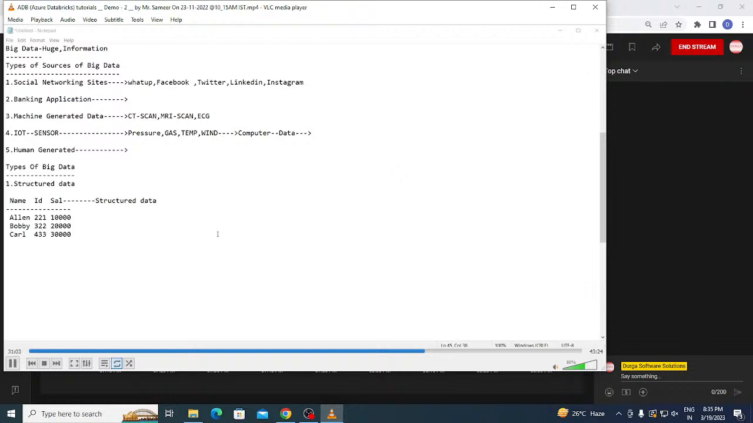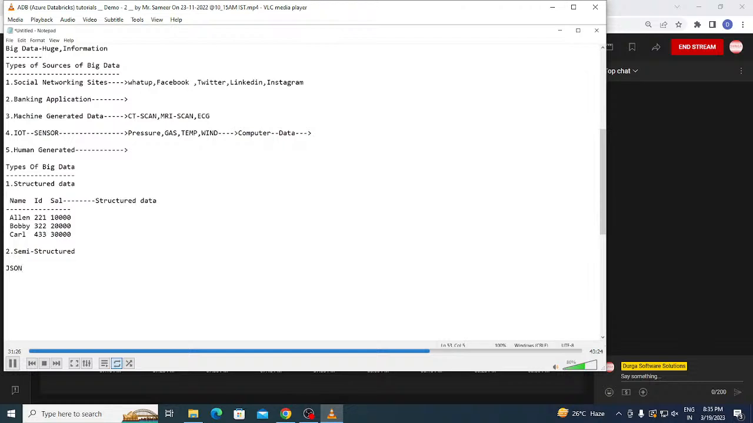So now, guys, this is called structured data. The second one is semi-structured data. Semi-structured data means this data is purely not structured as well as not unstructured. It is semi-structured. For example, you will have the data in